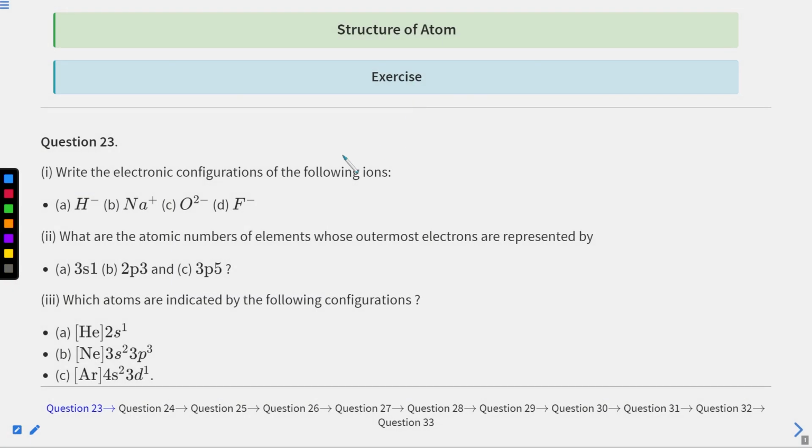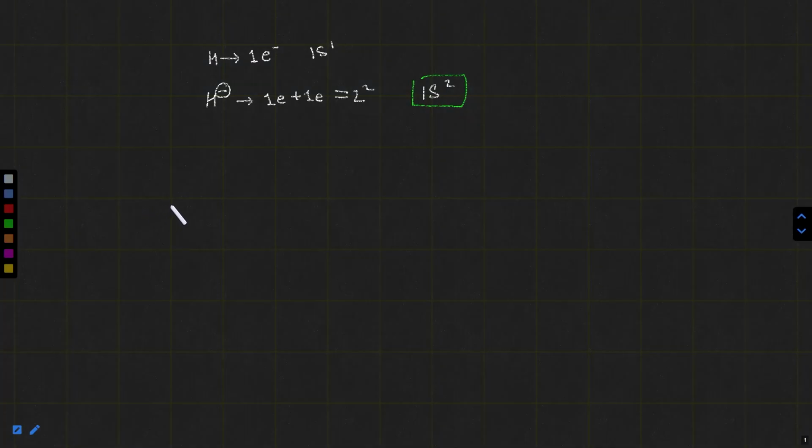Next, we have sodium plus, that is Na plus. What is the atomic number of sodium? If you remember, it is 11. So sodium has 11 electrons and we have removed 1 electron due to the introduction of positive charge. So 11 minus 1 gives us 10 electrons, and hence the answer will be: first we have 1s2, 2s2,